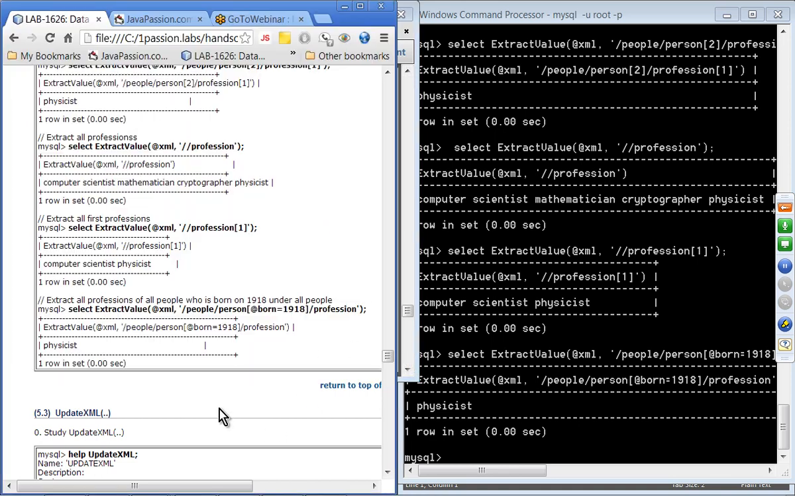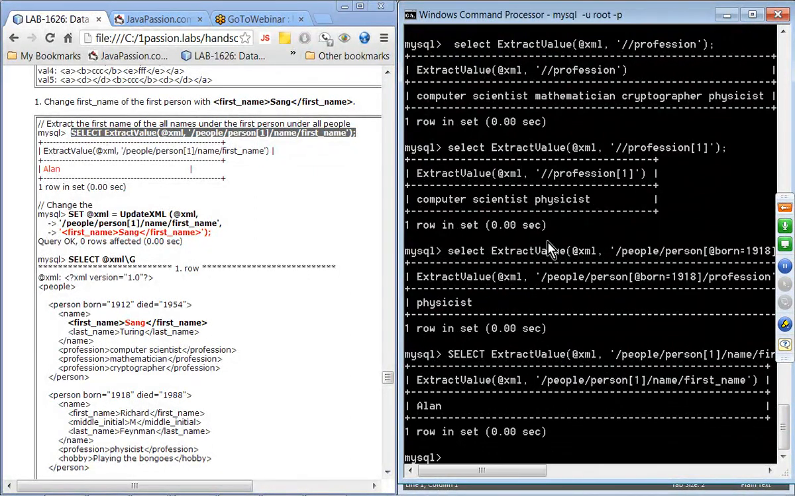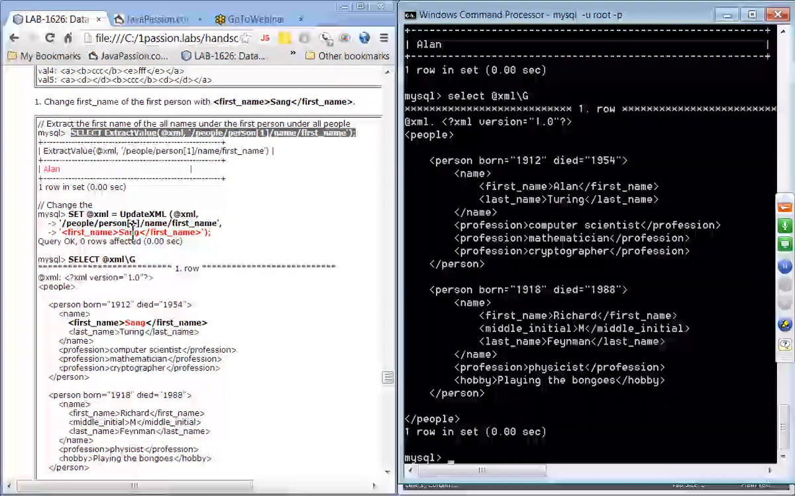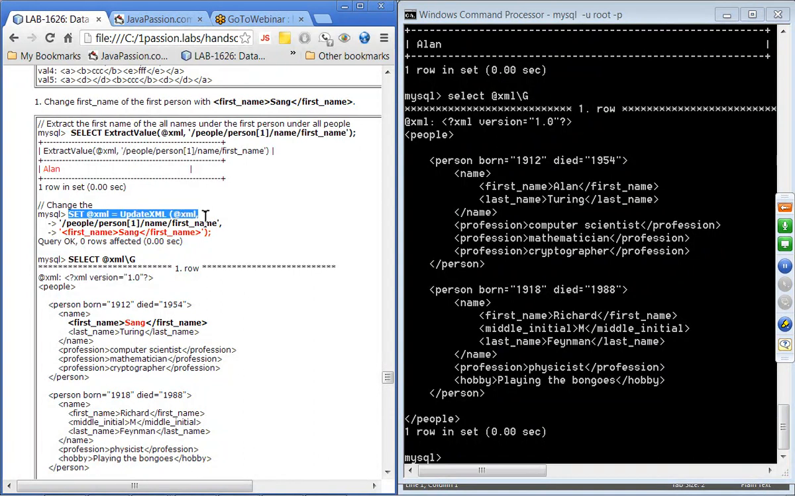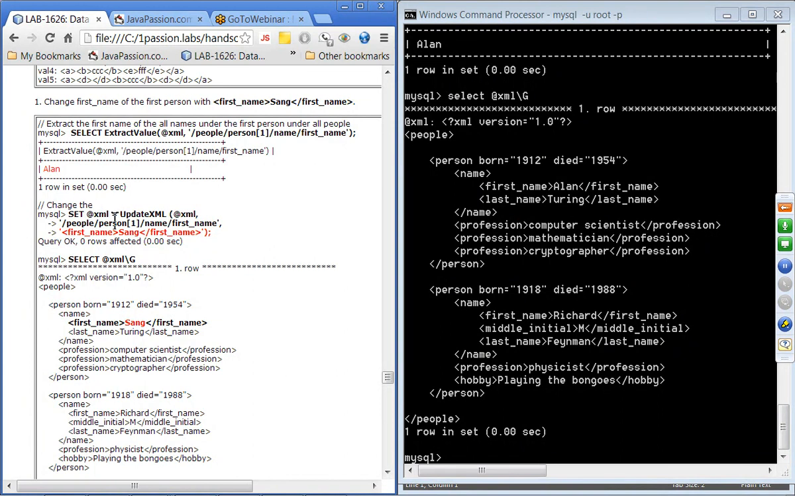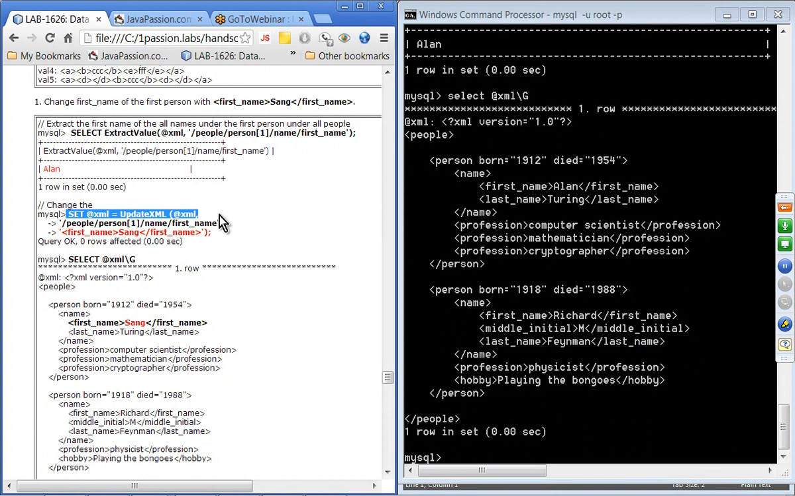All right, let's do update XML. So again, let's try this. It should actually return Ellen. Okay, and if you take a look at the select XML, the first name is Ellen, and this is the one that we want to change to Sang. Basically we perform the update operation and the result will be set into XML. Okay, so I'm going to just copy this one,